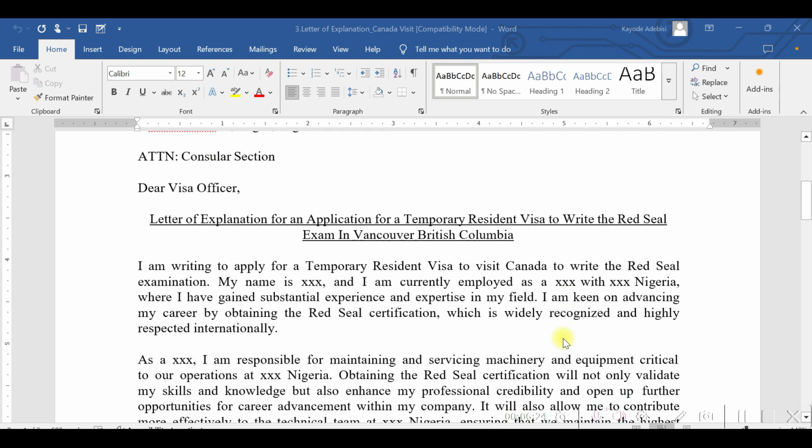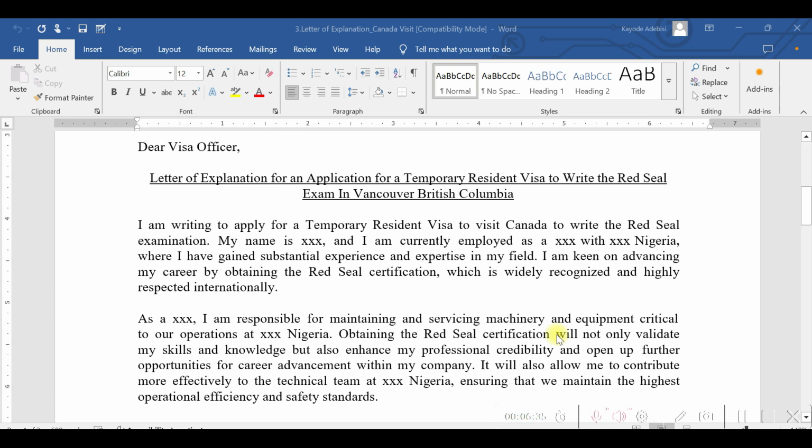So he reached out to me and sent his first draft of the SOP. It wasn't too impressive, and I gave him this as a guide. And guess what? Of course, he got the visa, right? So basically, if you look at it, he's also introducing himself. This is more for visiting, so you talk more around your work rather than giving them more details around your degree, right? So you could see the difference for visiting.